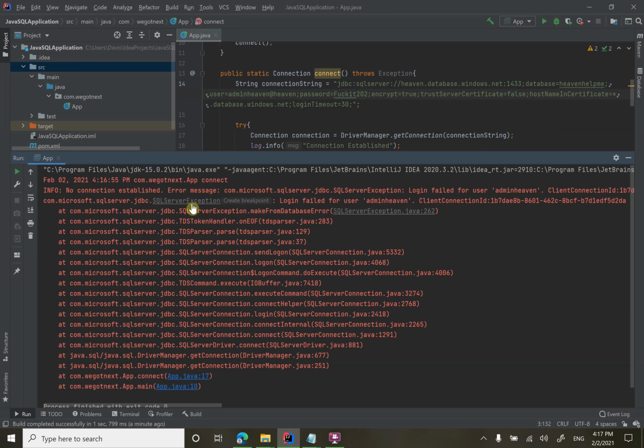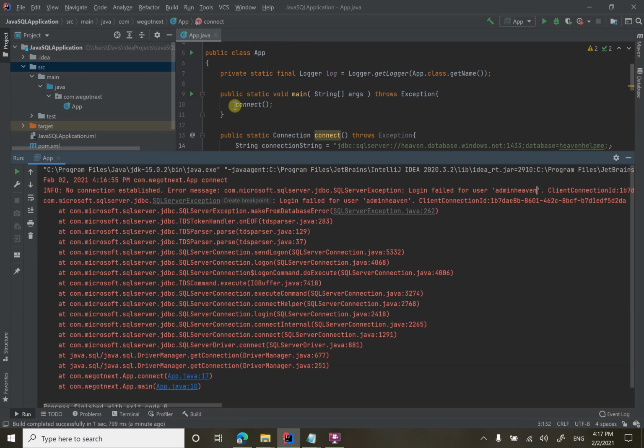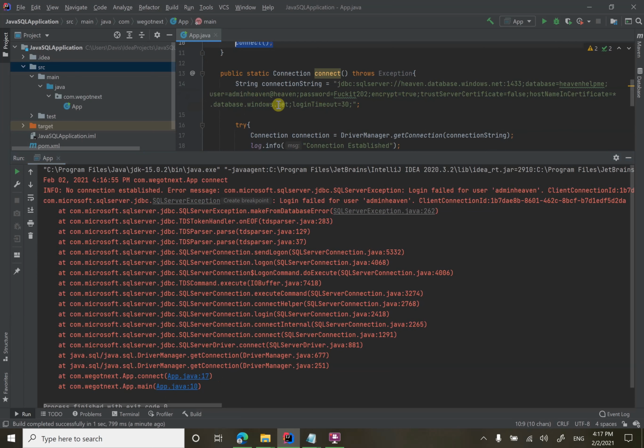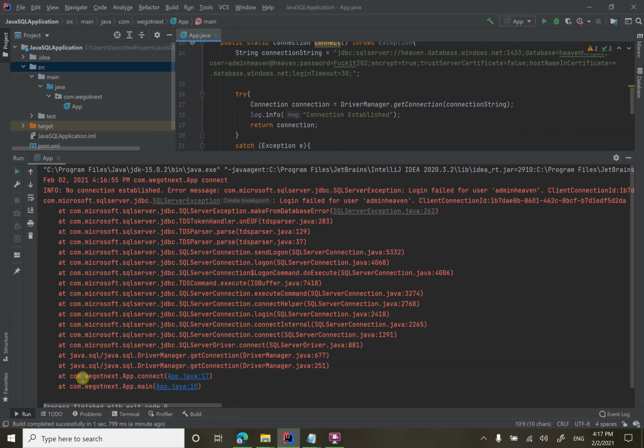When it called these objects, right, and it passed all this information to it, this is essentially what happened. It started here at code 10, right? We called our connect, and then it went down to code. See, this is our app. We got next app.connect. It went down to 17. And then it went to the driver manager class. Remember, we created the driver manager class. And then